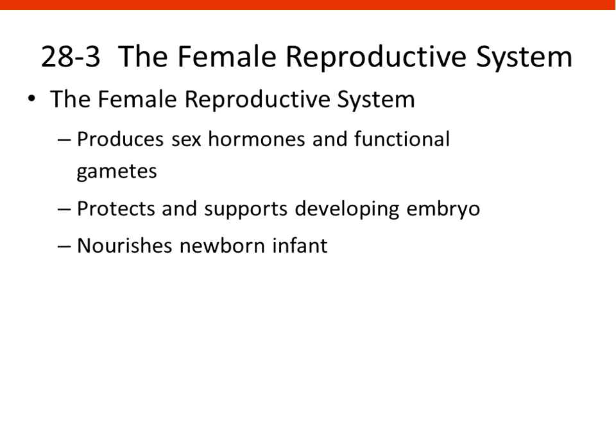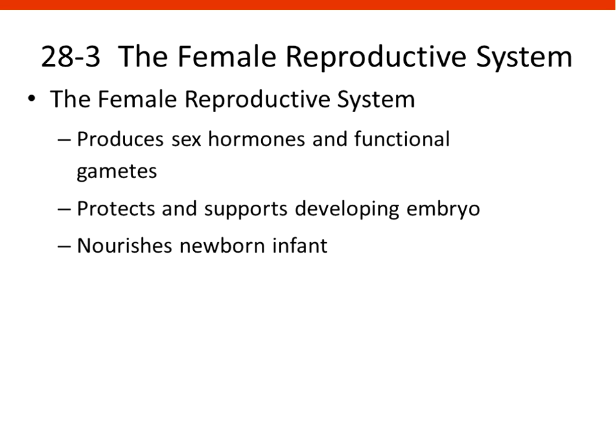All right, so that's a nice segue into the female reproductive system. The female reproductive system produces sex hormones such as estrogen, estradiol, and progesterone, and also functional gametes. Those would be those oocytes that we just looked at. It also protects and supports the developing embryo and nourishes the newborn infant through the mammary glands as